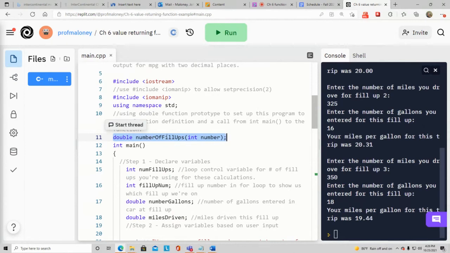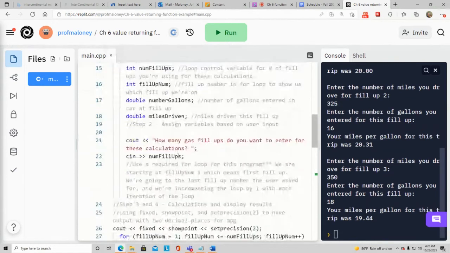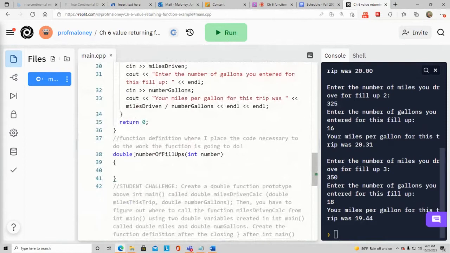Number of fill-ups is what I'm calling the function, and there's one required argument, so it has to have an opening and closing parenthesis and a semicolon after the closing parenthesis, and it has a required argument in between, which in this case I'm using the integer data type, which in C++ the reserved word is int. So int, and I'm just calling it number. All right, so I have that. And I said that the function prototype, which is this, Control C that, I think I already did, must be the very same name, and there it is, so I don't need to paste because it's already here, as the function